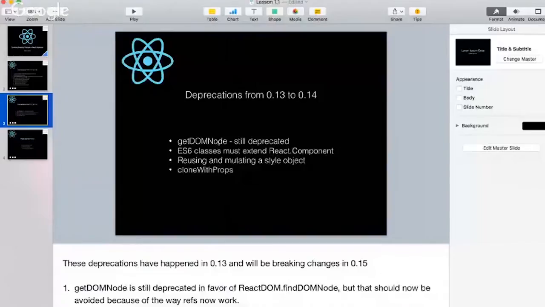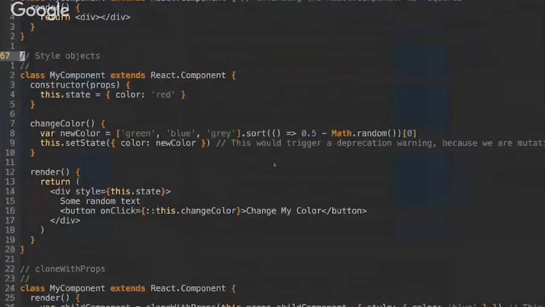The other thing that has been deprecated is reusing and mutating a style object. So let's say we want to change the color of some text here in this render method based on the state of the application. I just created a little button here to pick a random color from this array. If we try to set the state on that, it will work, and your style will be updated in this version, but it's going to trigger a deprecation warning